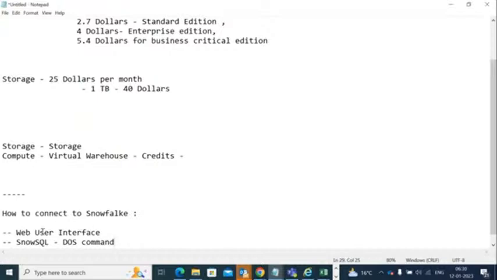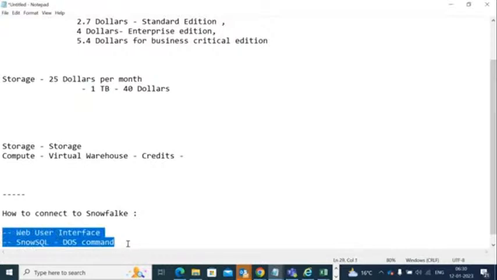So you can connect to your Snowflake using the web user interface or using SnowSQL through the DOS command. And apart from this, we have some other options also, but majorly we are using these two